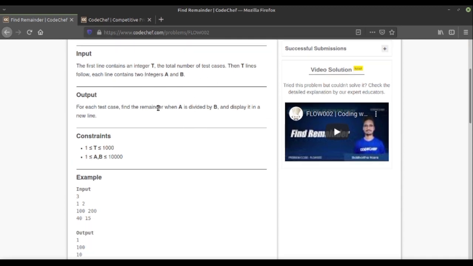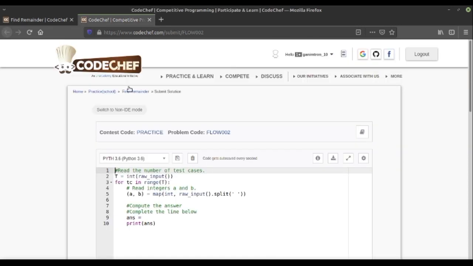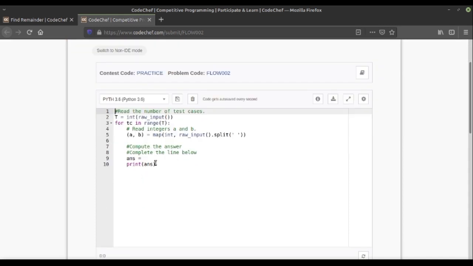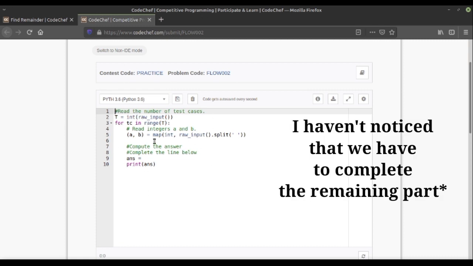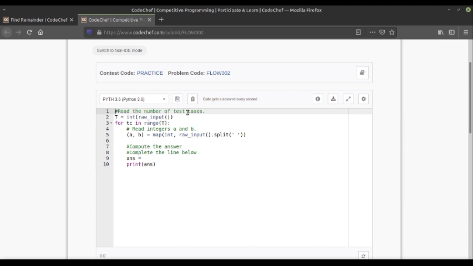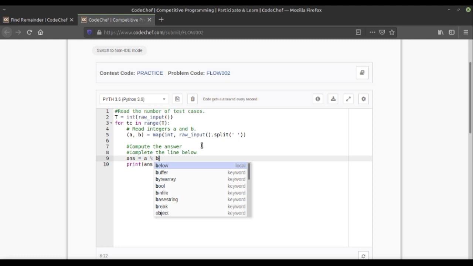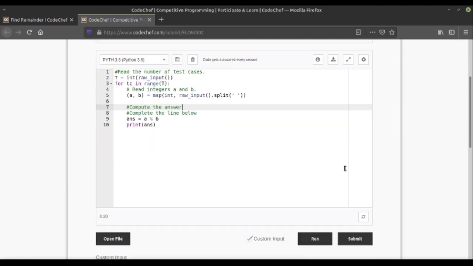In the output, for each test case, find the remainder, meaning a mod b, and then display it on a new line. Here also the code is basically given, you can check this out, links will be provided in the description. So we have to complete here. a and b are given, and a mod b is our answer, because we have to find the remainder.